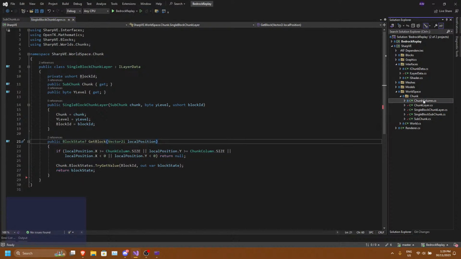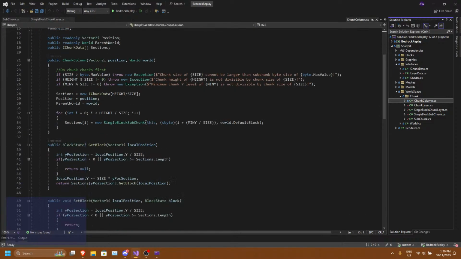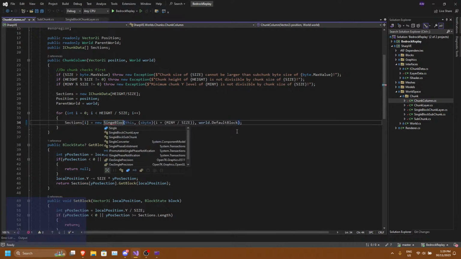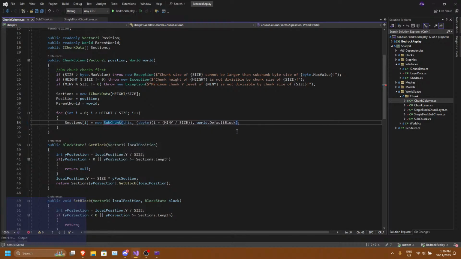I gotta do this. So if we have a chunk column, and I don't want a single block sub chunk, I want a new single block. No. New sub chunk.